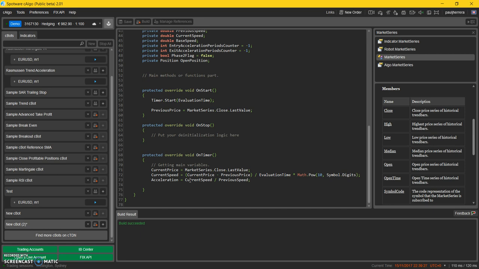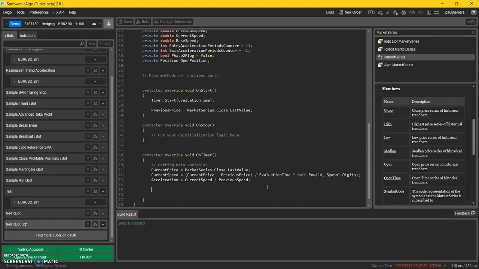So at the end, I ended up using what you told me, that is just current speed divided by previous speed. And of course, if I get a negative number, that means that the market in that period went to the other side. If it was moving down, then it started to go up, and vice versa. So that's how we calculate the current price, the current speed, the acceleration, and we have all our main variables